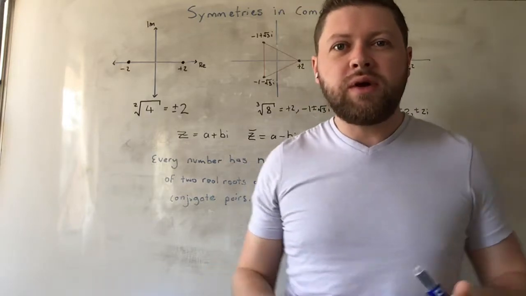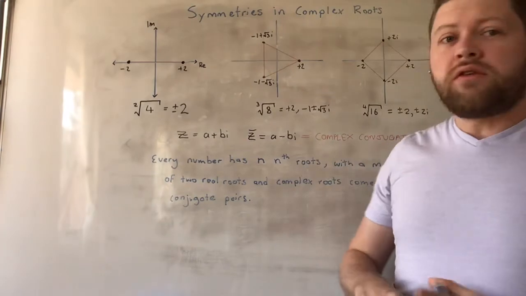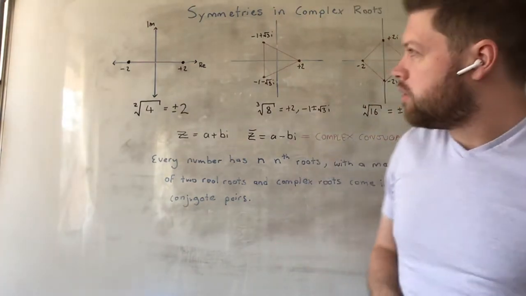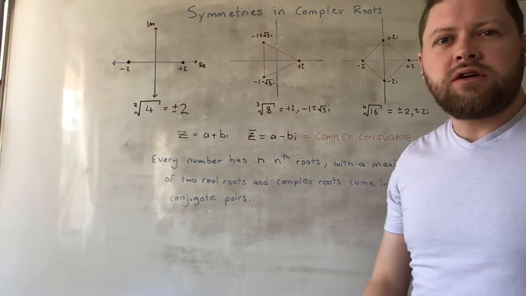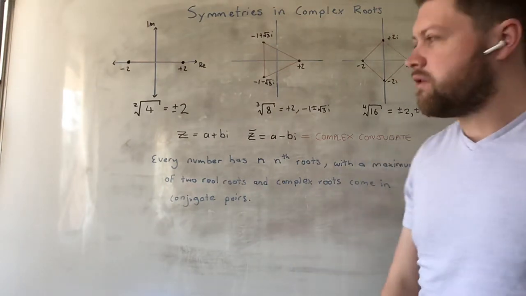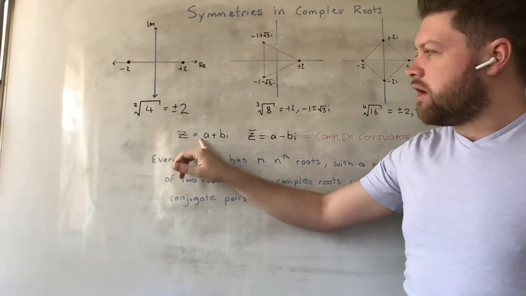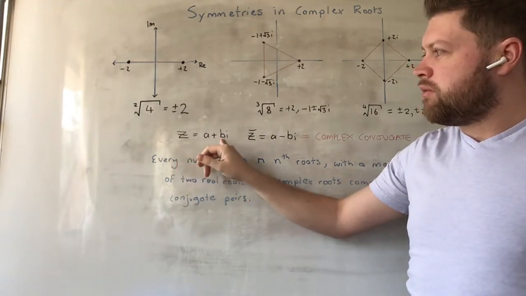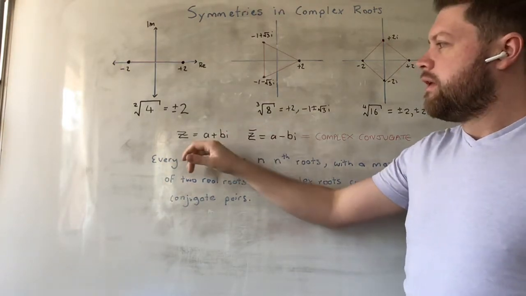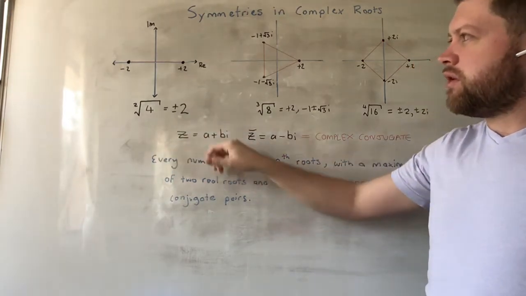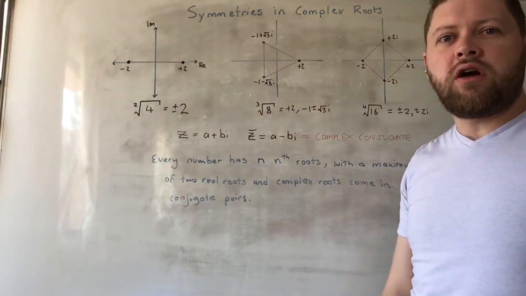So I want to talk quickly about complex roots, okay? Because there's some symmetry here also, right? So before I begin, I want to talk quickly about the idea of a complex conjugate, okay? So the last time we talked about complex numbers having this form. So they have a real part a and an imaginary part b times the imaginary number i, okay? This combination is a complex number, and you can plot it in the complex plane, or the Argand diagram as